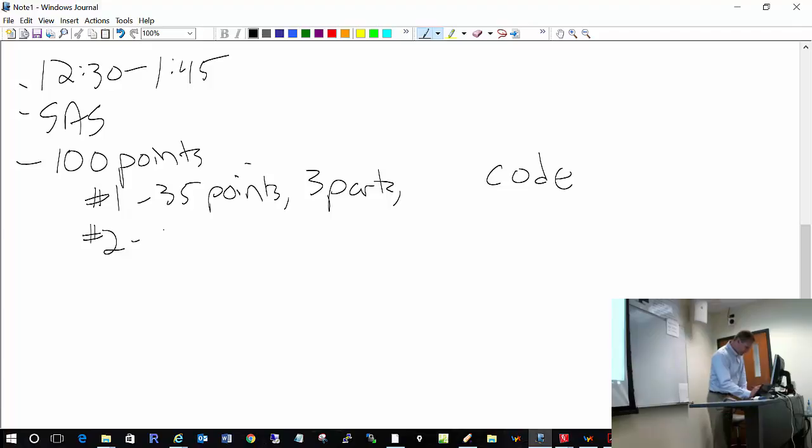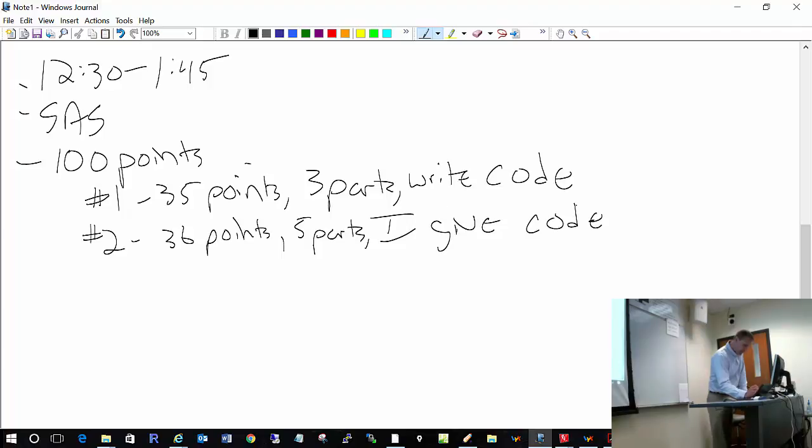Problem number 2 is worth 36 points. There are 5 parts. I give you the code. This problem is constructed in a way that you should not have to run any of it in SAS. I understand there might be 1 or 2 parts where you're not sure what the answer is, so you're going to try to run it in SAS. But just realize, in this code that I give you,